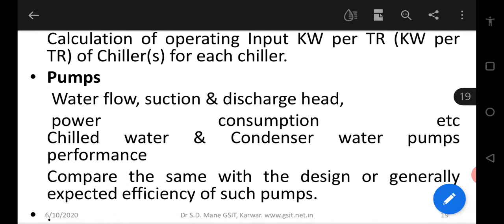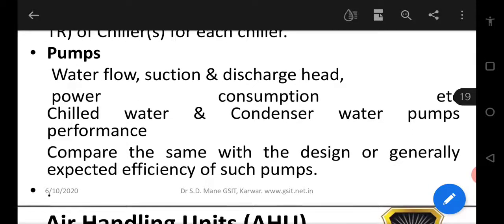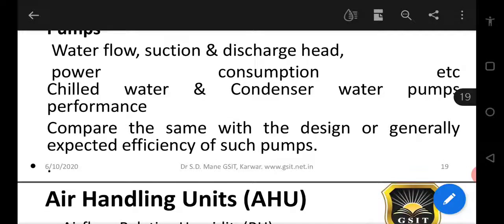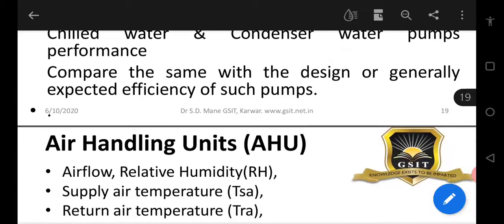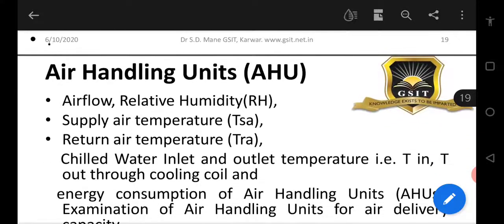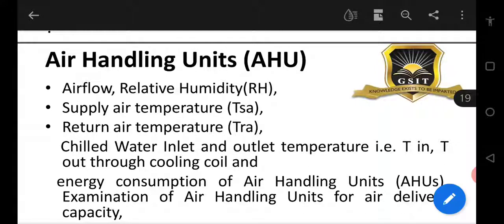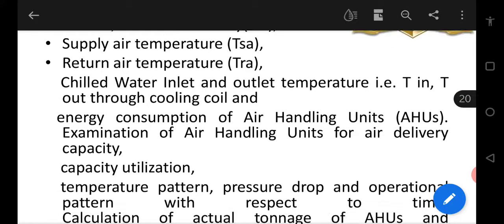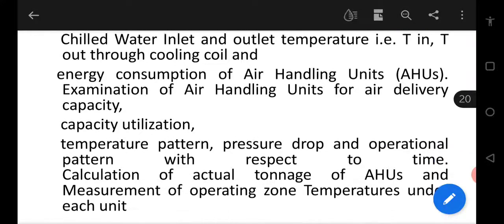And then pumps are there. For pumps, you can measure the suction and discharge head, then power consumption. You have different pumps for chilled water and condenser water. Generally there will be benchmarking and you compare with the latest available standards. Then comes the air handling unit, which ultimately supplies the cold air to the occupants in the building. So you measure the airflow, relative humidity, supply air temperature, return air temperature, chilled water inlet and outlet temperature through the cooling coil, then energy consumption of the AHUs,